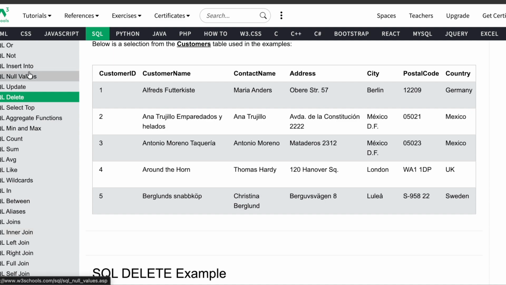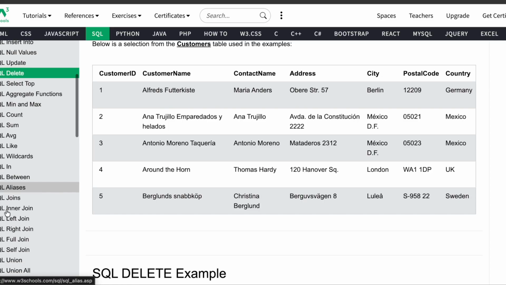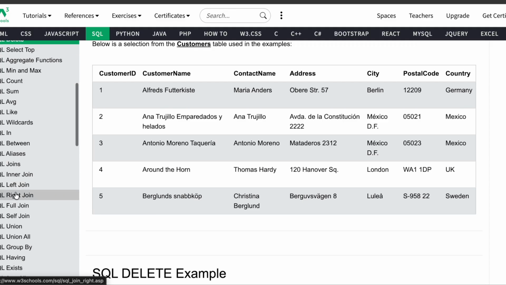But if you are just appearing for an interview and practicing, then I would suggest focusing more on joins and then the advanced topics of SQL, which we will also cover in this series. So yeah, that's all about today's